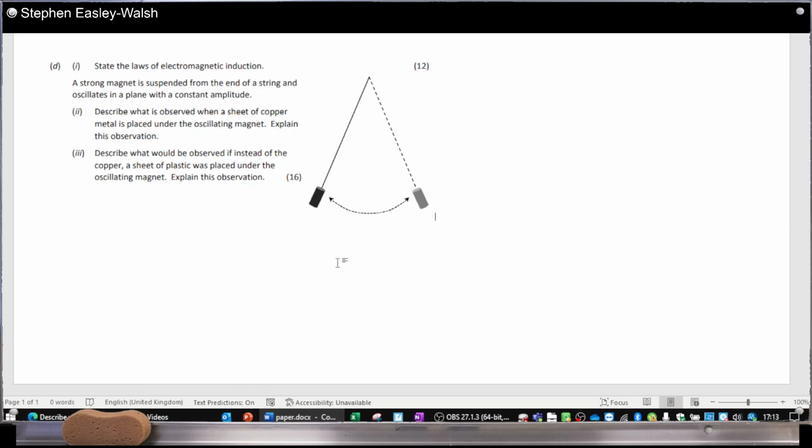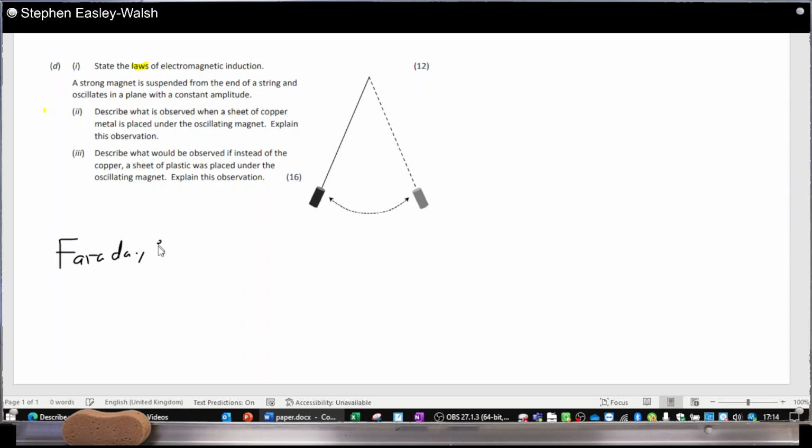Okay, so here, what state the laws of electromagnetic induction? Well, there's two. There's Faraday's law and Lenz's law. So, I think this is what they refer to. I think this is what they mean when they say laws. I'm not 100% sure about the plural. So, the two I always think of is